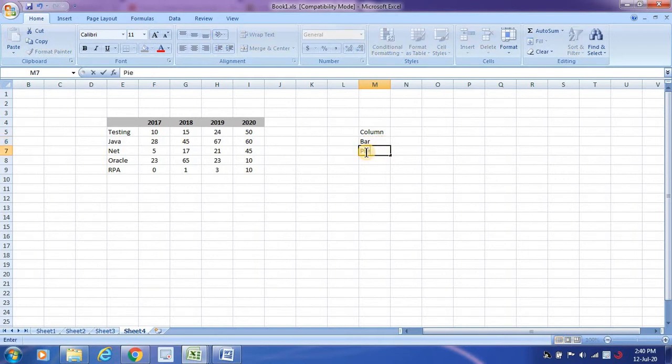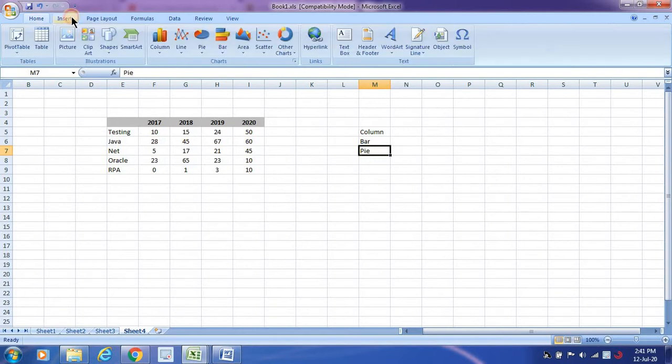If you want to show a quantity, or show the items with some percentages, then you go with a pie graph. There are different graphs available: column, pie, bar and line. These are the frequently used graphs.